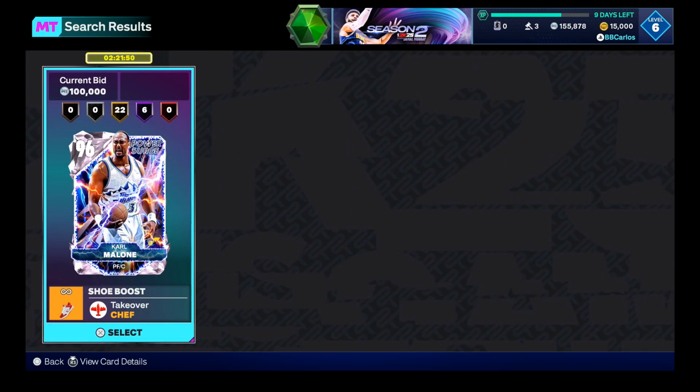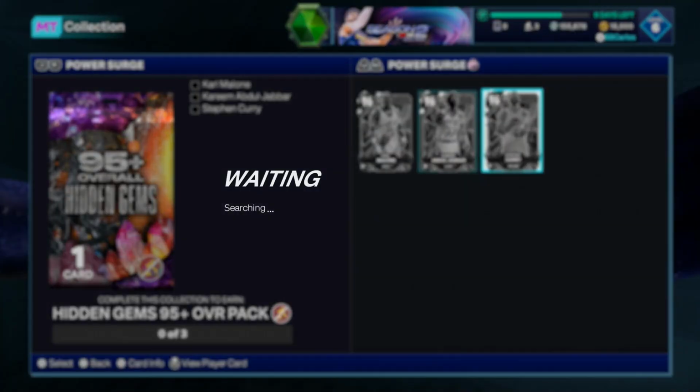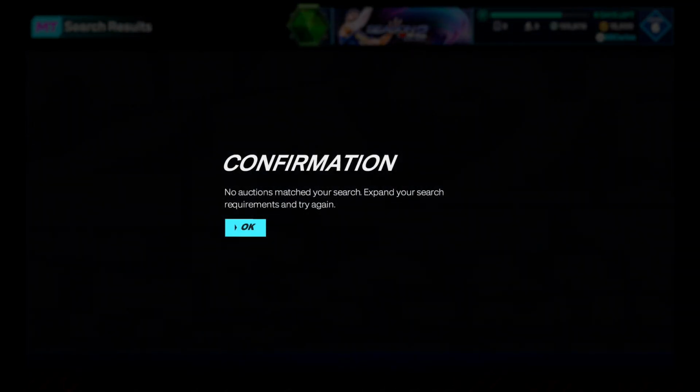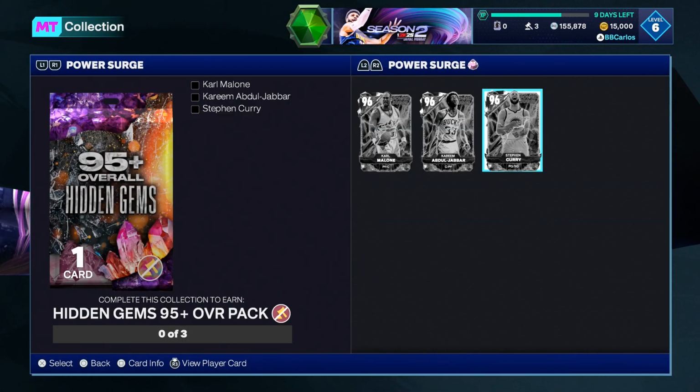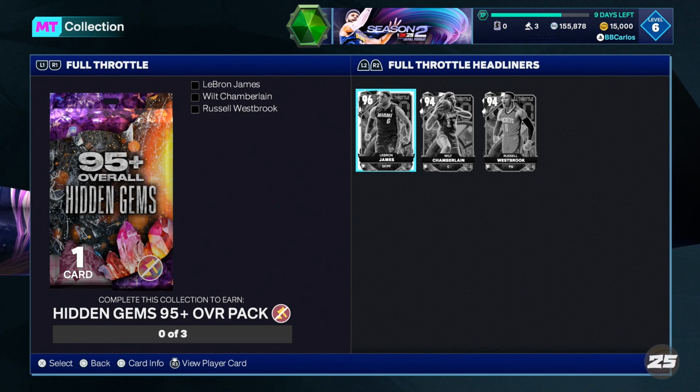Karl Malone, Mr. 13, there's one. Let's see Kareem. I bet there's none. Okay, there's one Kareem. What about Curry? I bet you there's none for this one. Look at that right there. Coincidence? I think not. It's because people have been locking in these cards, and the whales are the